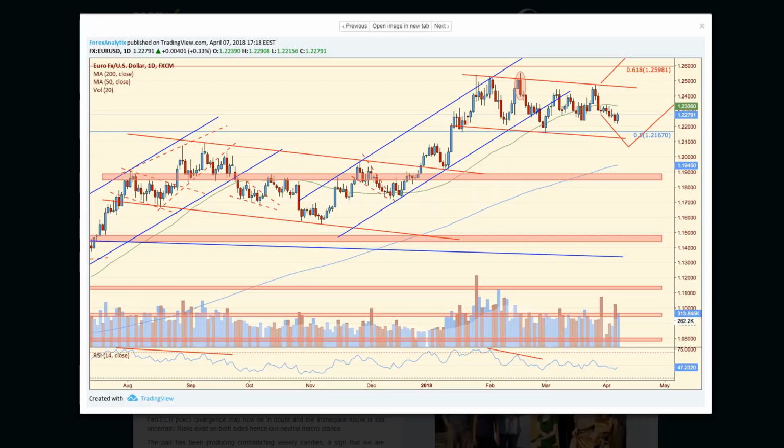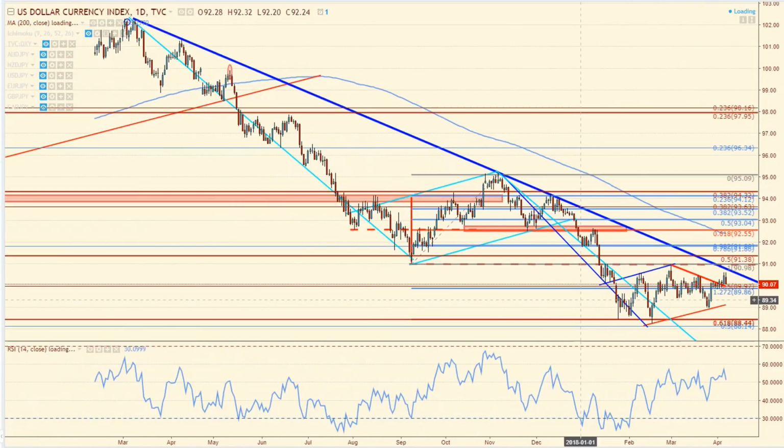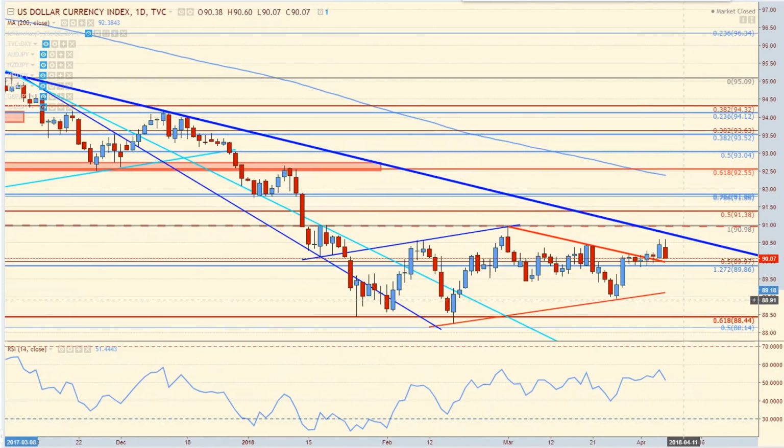It's concerning because I was looking at the dollar as trying to muster some strength. Here's the dollar index. It was trying to muster some strength on Thursday coming out of this triangle. But notice that we're so close to this downtrend line, the major year-long downtrend line, and we had this reversal candle, you can see it in the dollar index too. I had to close out. We had a pattern in play coming out of this triangle, but personally I was shorting the euro too. I actually had to close that out for a loss because the dollar showed too much weakness on Friday following the